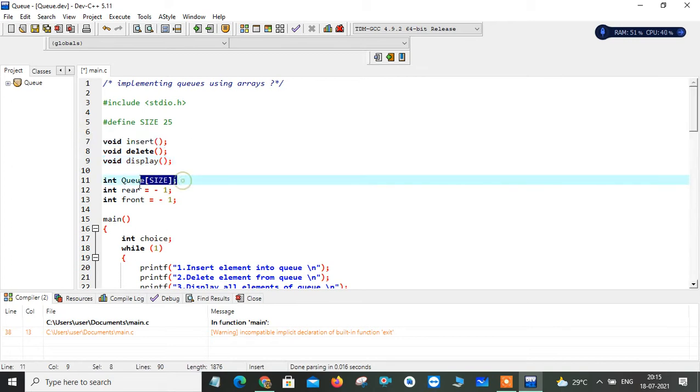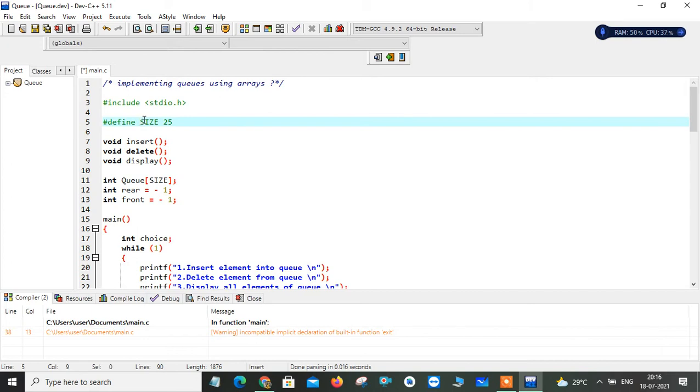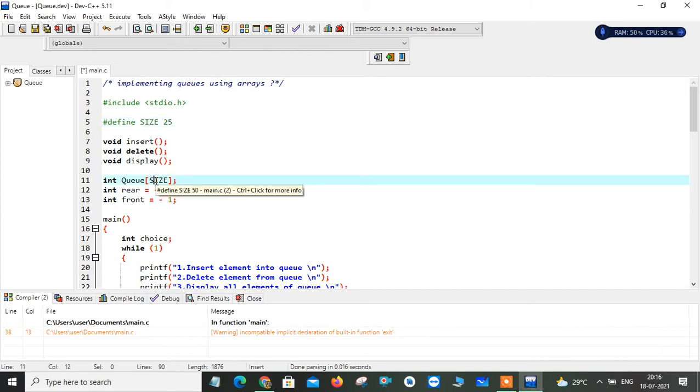This is a global variable. It is an array of type integer, and my array name is q. Here I can hold a maximum of 25 array elements, using the constant to adjust the size of my queue. I have two things, rear and front. Initially my queue is empty, no element is available in it, so those positions are given as -1. For that reason, I am initializing my rear and front with -1.